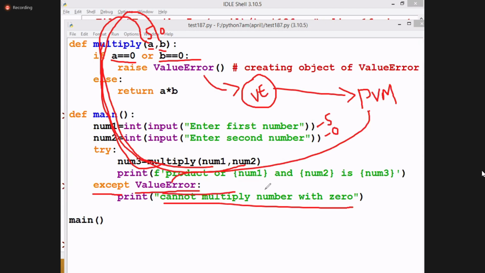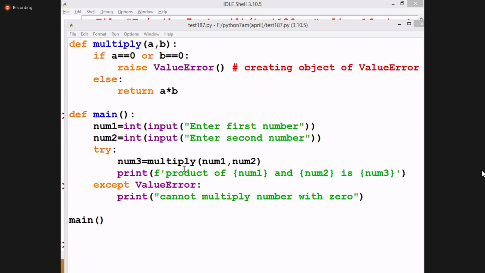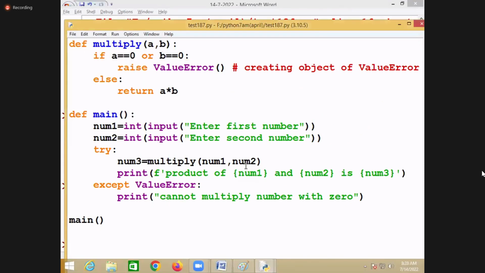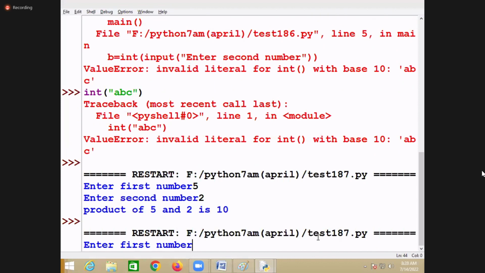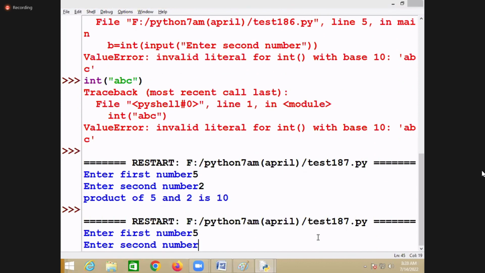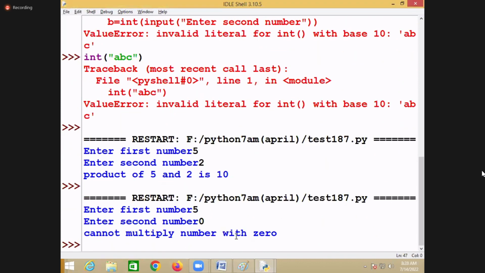I enter 5 and 0, then it shows: cannot multiply number with 0.